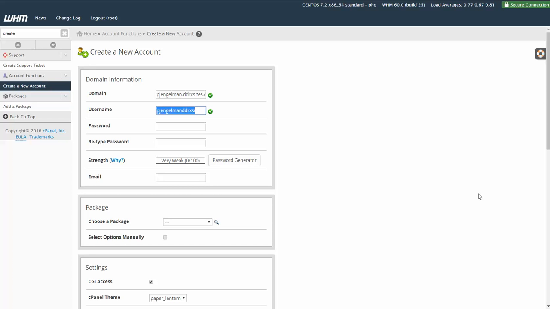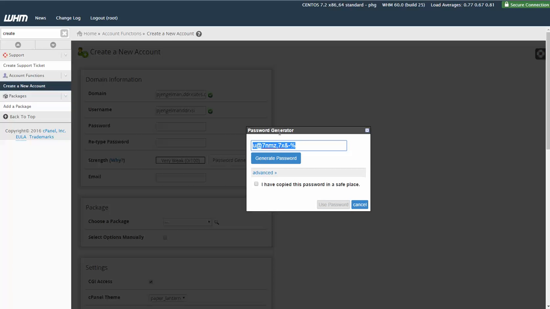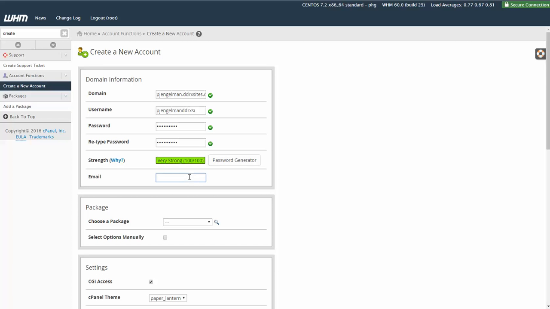So that will auto create a username. I usually just leave it the same as whatever auto generates for me. I also use the password generator to create a password that's a little bit more secure than just using the same passwords. So you would hit generate password, you'd copy this password, acknowledge that you've copied this password, and click use password. Email, you can put in an email,